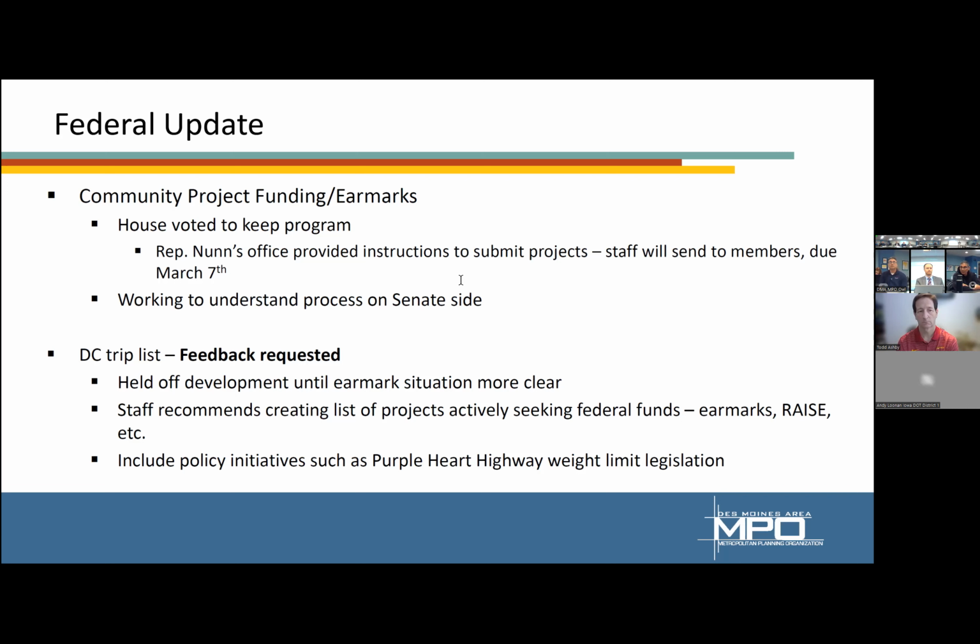And we can ask the full policy committee, but this is the last year we can apply for that. So if that's not our number one priority, then somebody can tell me what it is. The Purple Heart Highway, absolutely, and the weight limitation legislation should be included also. If other people have RAISE grants and the airport or whatever the case may be, then yeah, we can discuss that, but this is our last go around, guys. It's an expensive project and we've got to get it done. It's frustrating, and that should be listed as number one on any DC trip that we go to right now.